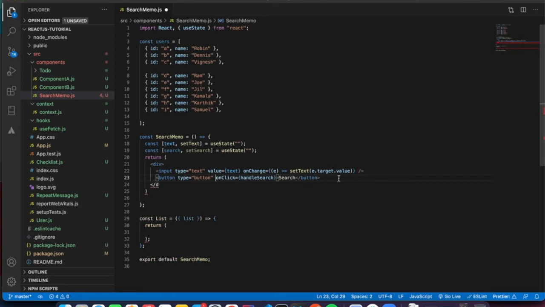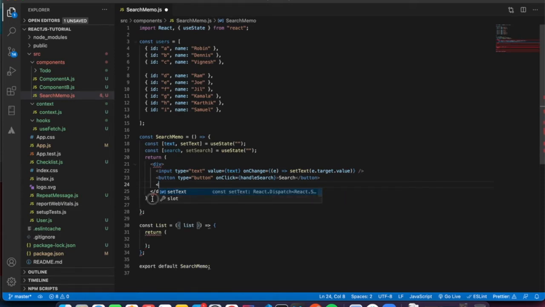Now we have everything in place, and also we have a List component that is defined below. So let's try to import that as well. This is List, which has a prop of list, and we will talk about this.